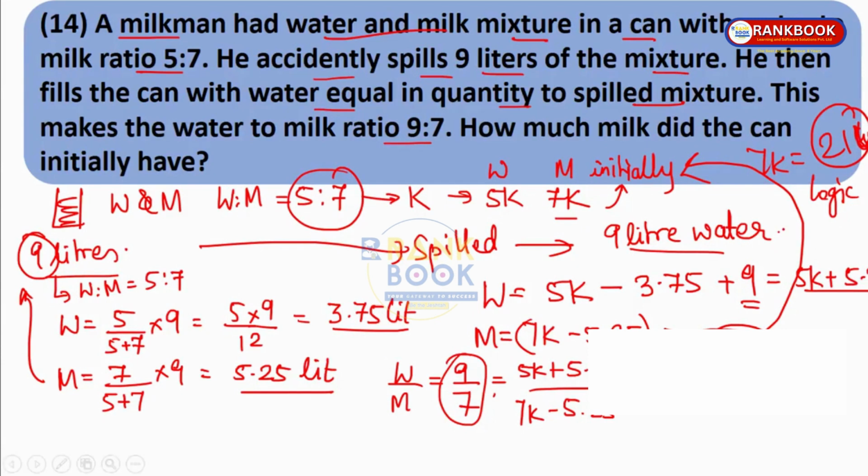See how very easy sums related to mixture and alligation have become. We just need to use a simple logic which we learned earlier and a simple trick of cheap and costly things which we learned along with that logic. Using these 2 to 3 things, you will be able to solve almost all the sums related to mixture and alligation. Most of the sums related to mixture and alligation are in close combination to ratio and proportion. So make sure you see the video of ratio and proportion, make it strong, practice on it, so that it will become easier to handle mixture and alligation.